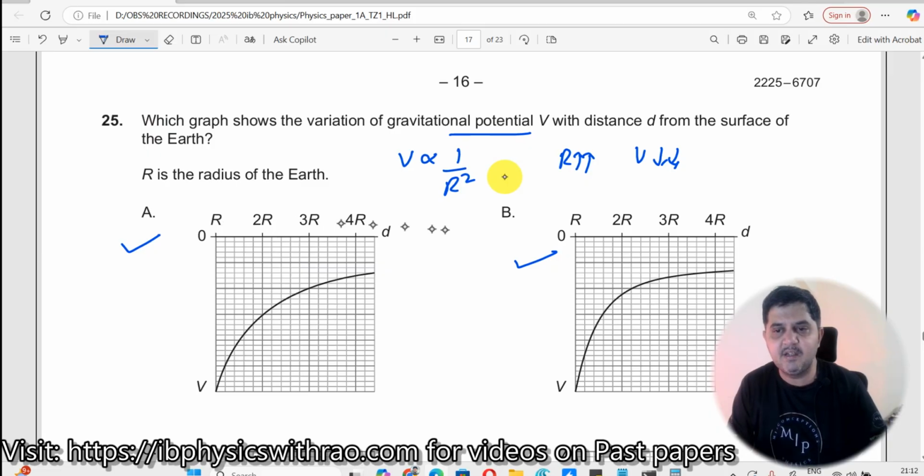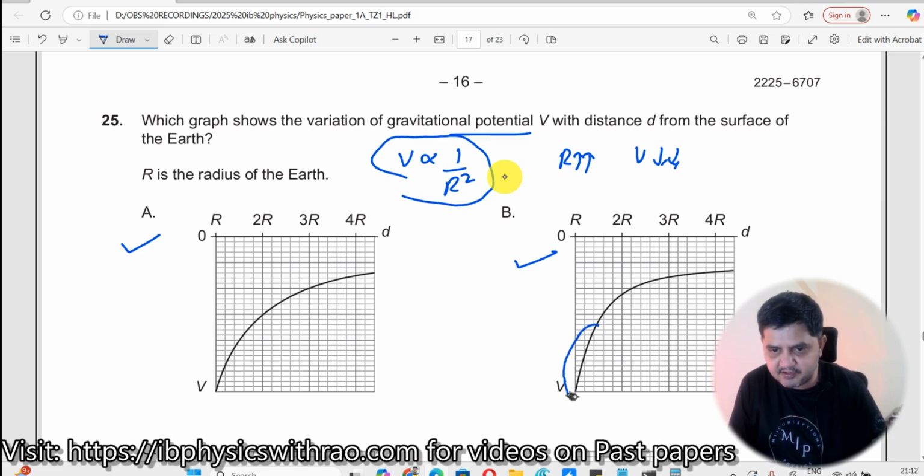Now how do we look at which is right over here? As I told you, V is proportional to 1 by r square. Look at the graph carefully here. See, this line appears to be a straight line. Then there is a curved path. Again, this line appears to be a straight line. This variation cannot be seen. There should be a continuous variation. The difference between these two is that everywhere there is a continuous variation. So therefore, we can say